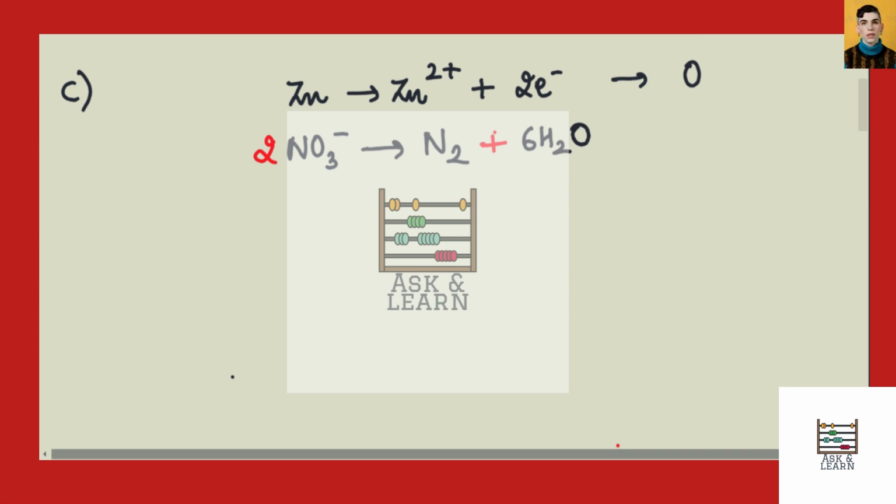And now to balance the number of hydrogen atoms, we will add 12 H positive on